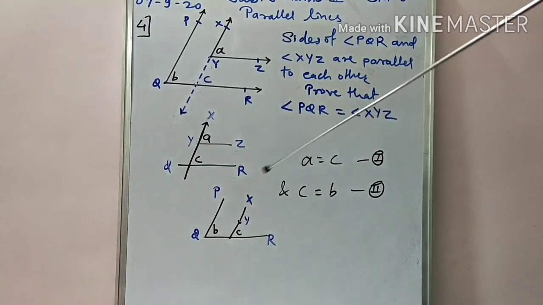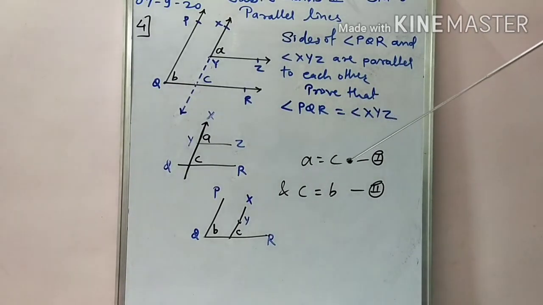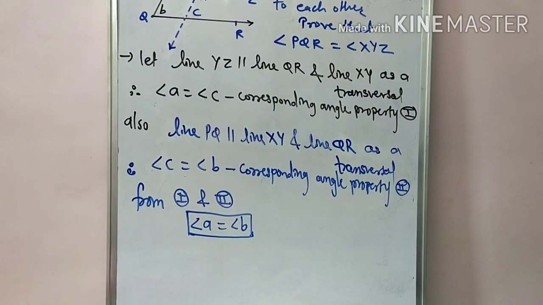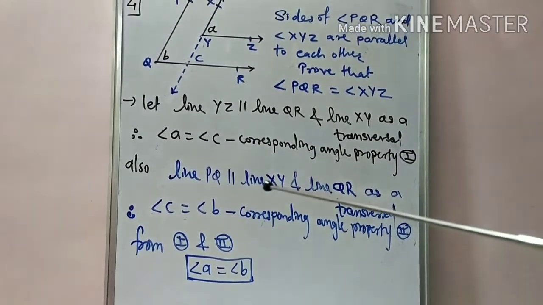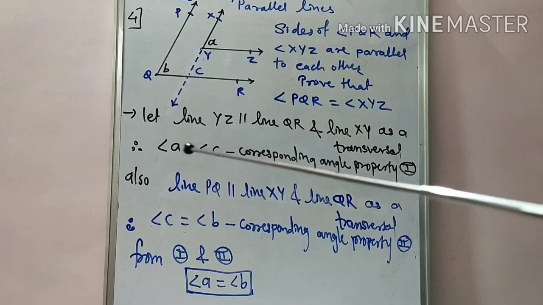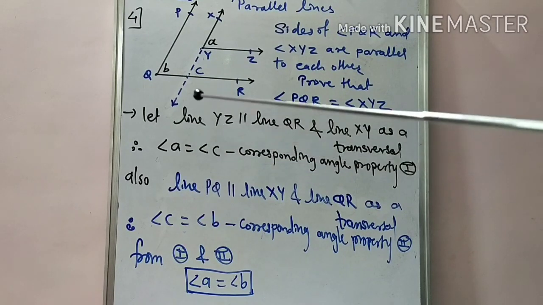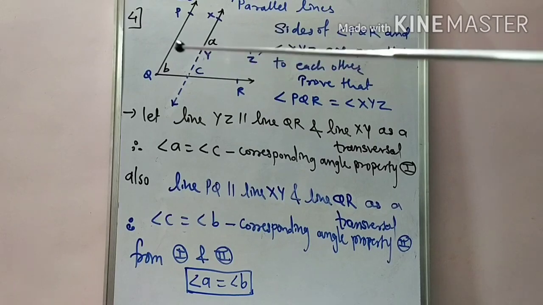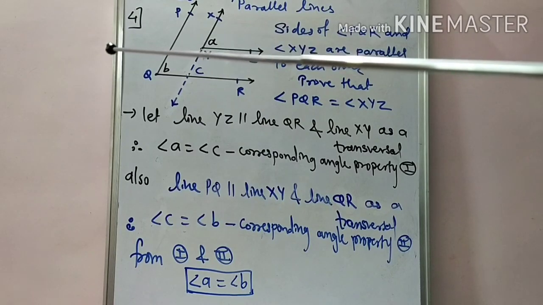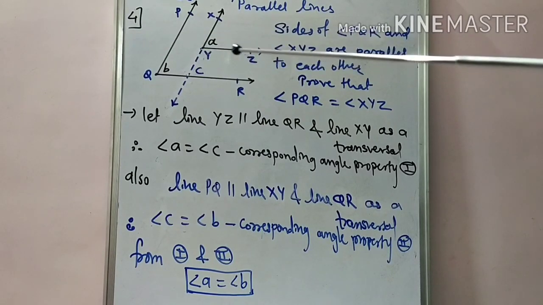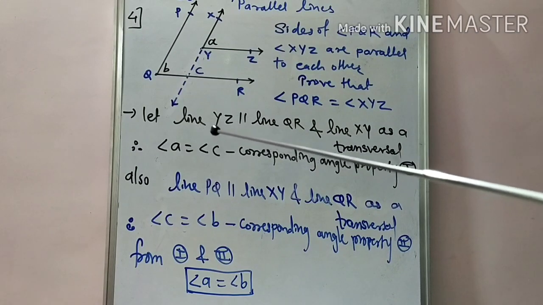But now, to name the corresponding angles, first you have to write down the names of the parallel lines and the corresponding transversal. Okay, so pay attention over here. Like this we simplify the example: here we mention line YZ parallel to line QR. If we extended ray YZ to the opposite side it becomes a line, but actually it is not necessary to extend this part. You mention it as line YZ directly.